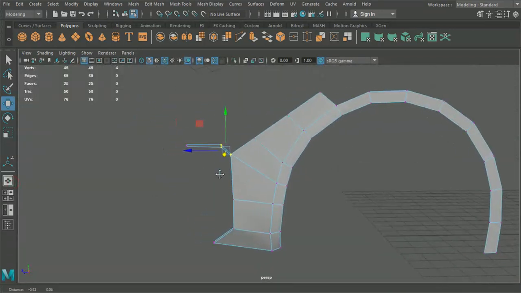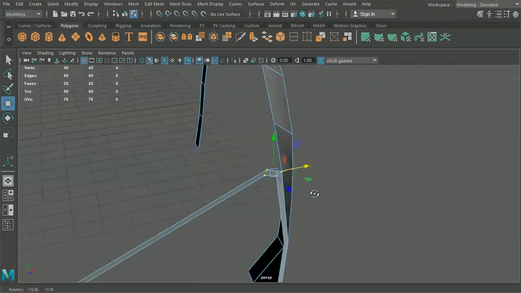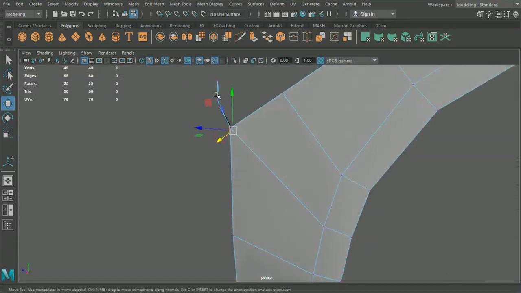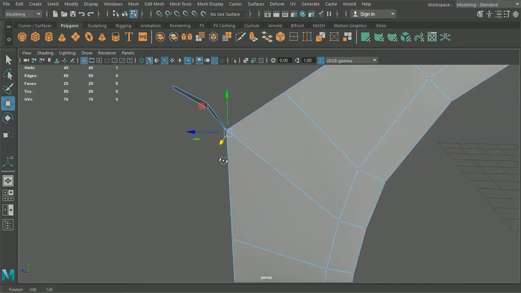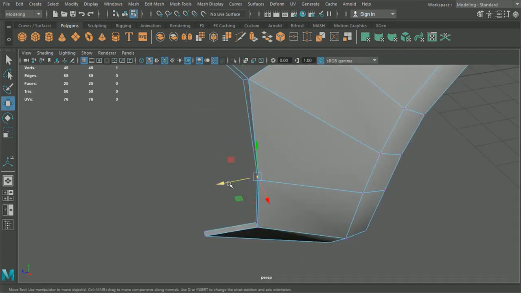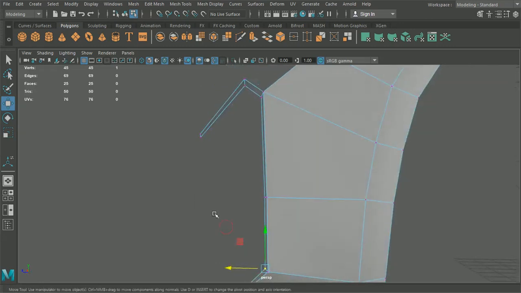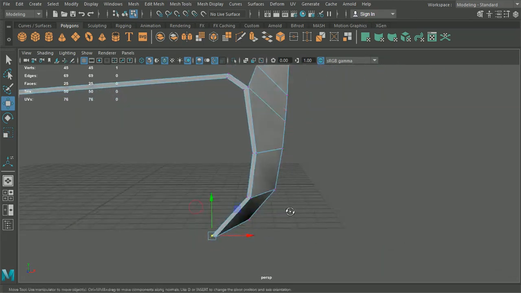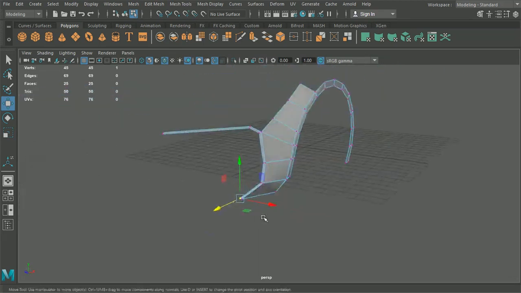So what we now have is a kind of front section which is going in and around there. Now what we're going to need to do with these points is, you can see how they're falling out at a slightly different angle, so I'm just going to pull each of these out so that they're not completely straight on with the car. Just pull all of those out a little bit there,